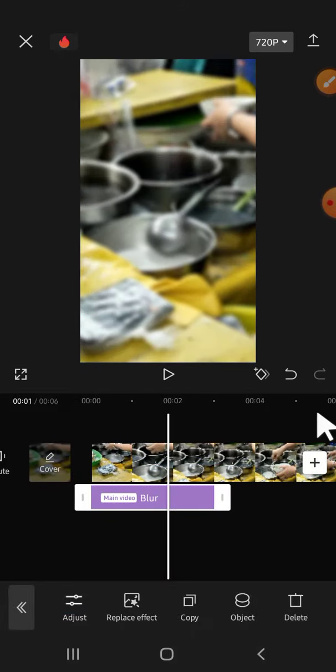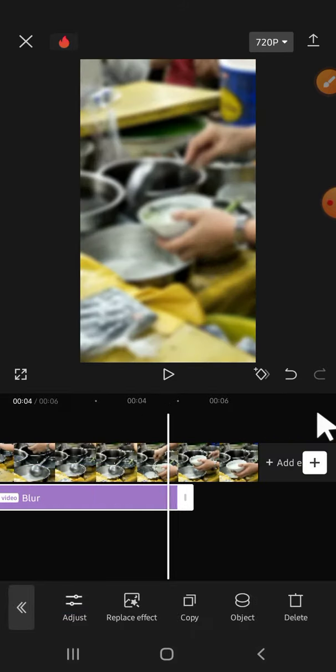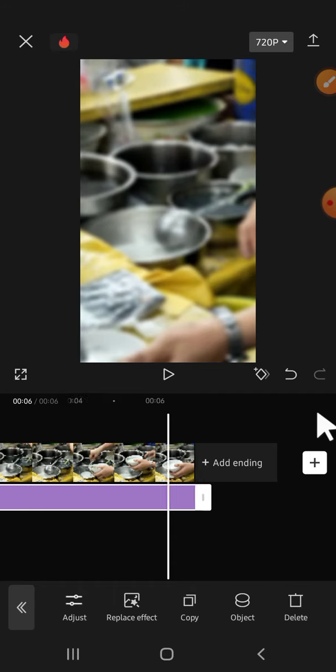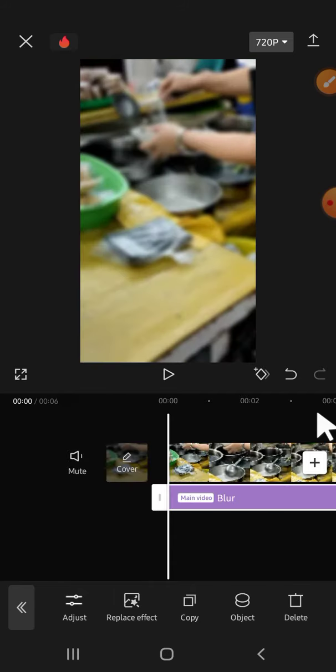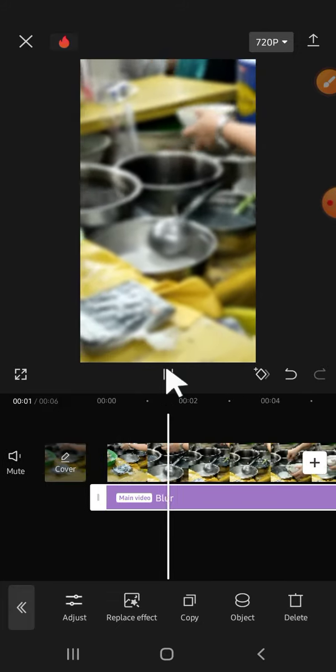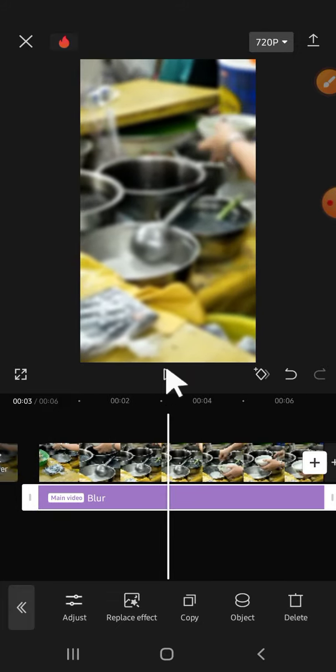After that, we can adjust the length to make the effect align with our video. And let's see the result, guys. Let's play the video. Okay guys, and that's how we can make our video blurry in